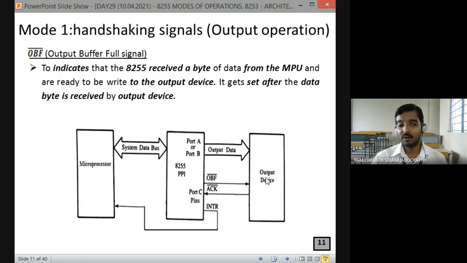Fine. Once output device read panna udane through the fourth pin, the output device is going to receive the data. Fine. Once output device receives the data, it is going to send the acknowledgement to port C. What it means? Output buffer la irundhu nee koduttha data va naan read panniten appadinna meaning enna? It has to send the acknowledgement signal to port C. Fine. That means what? Processor la naan ezhudhina data en device vaangna udane it is sending the acknowledgement ACK bar